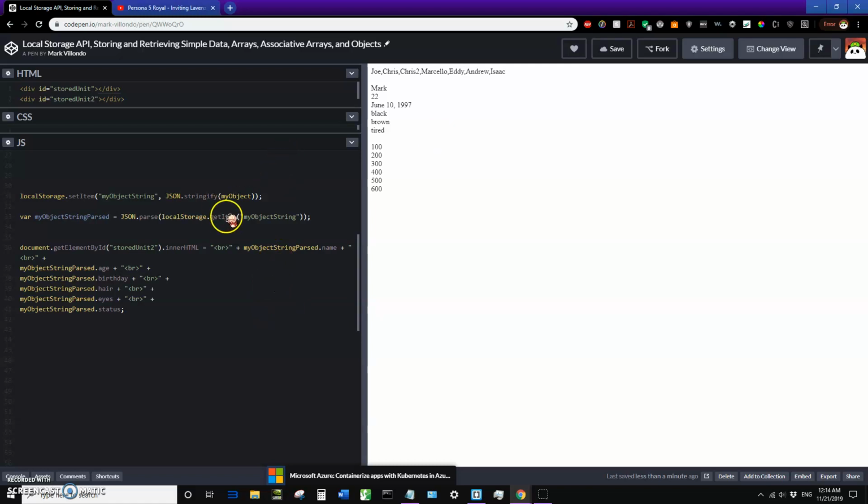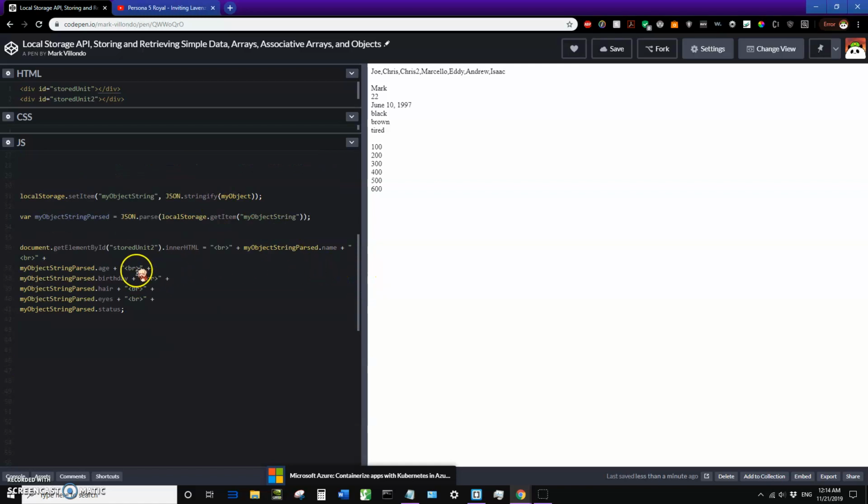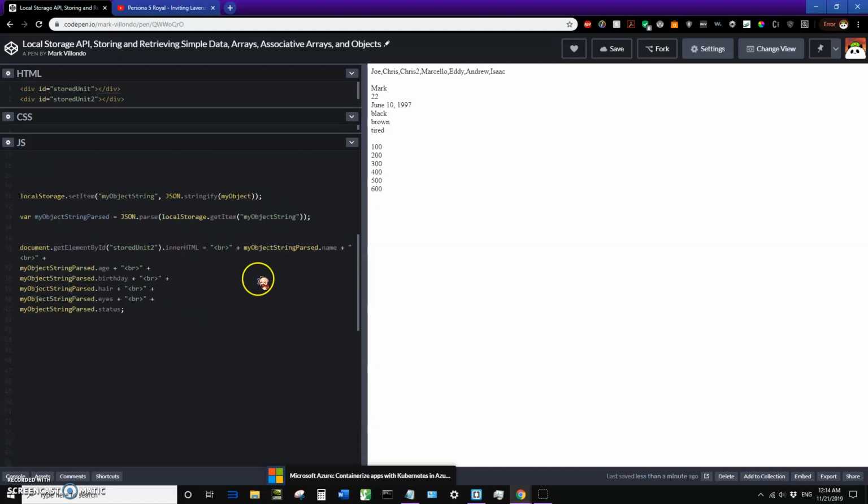So instead, I'm going to get into the object and name each thing by its key in order to grab the value. So my object string parsed dot name, age, birthday, hair, eyes, status. And then we're taking all that, grabbing the